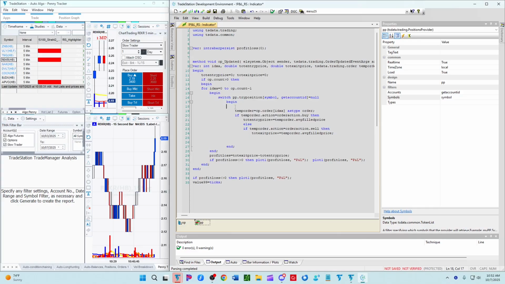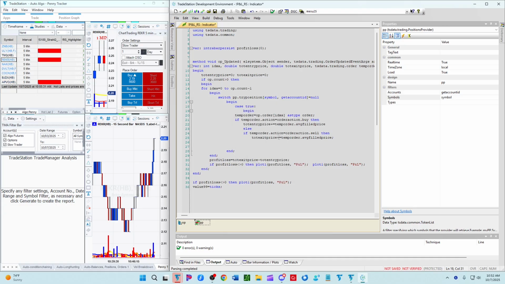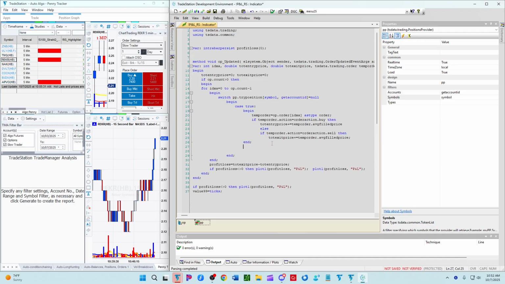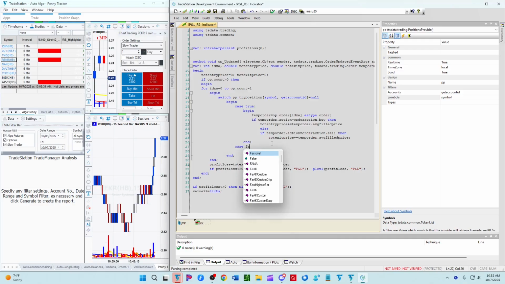And then this is the first case. This case here would be if, is it null? Is the position null? This would be case true. Begin, end. Okay, and then case of false,